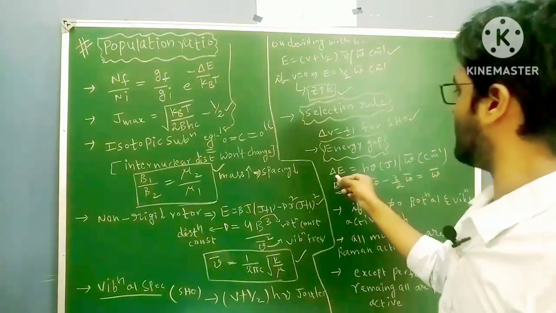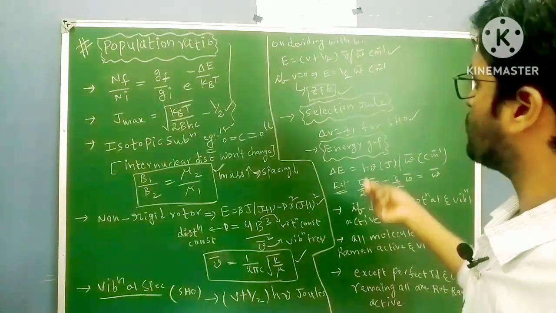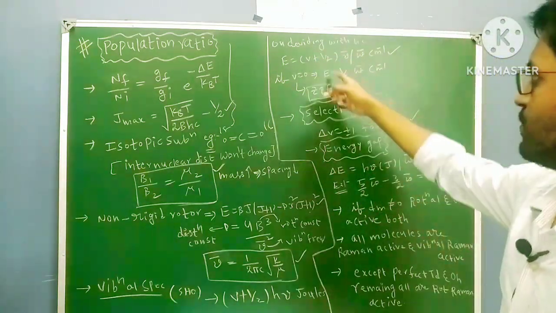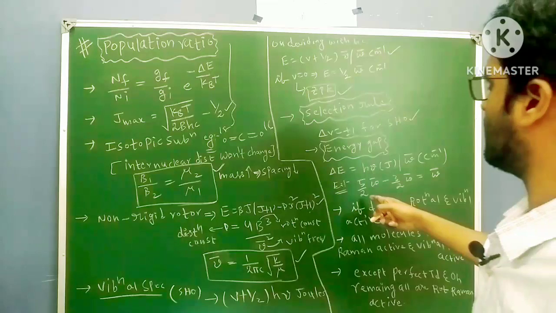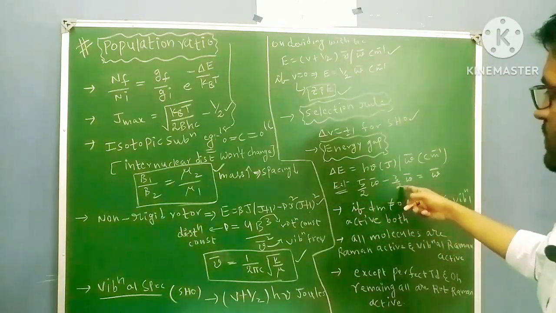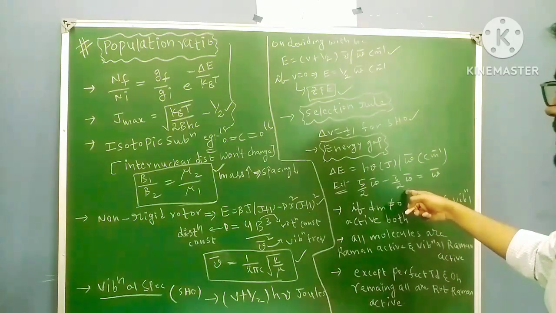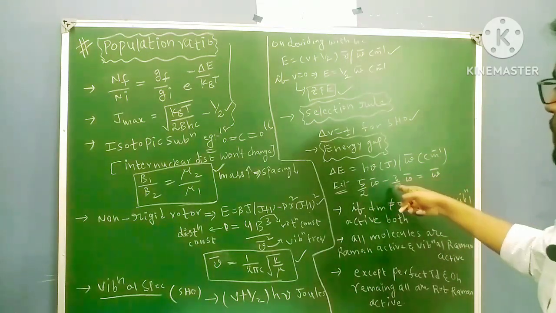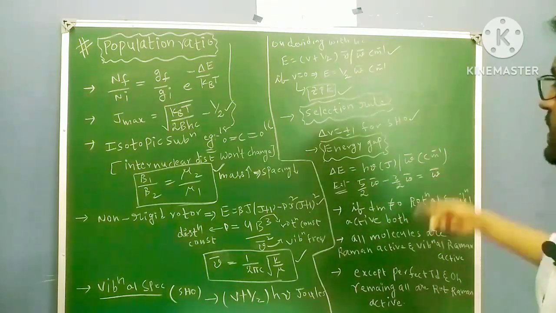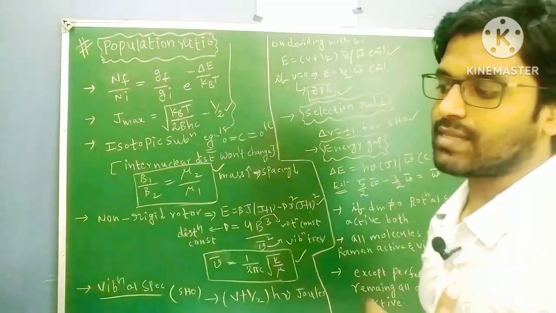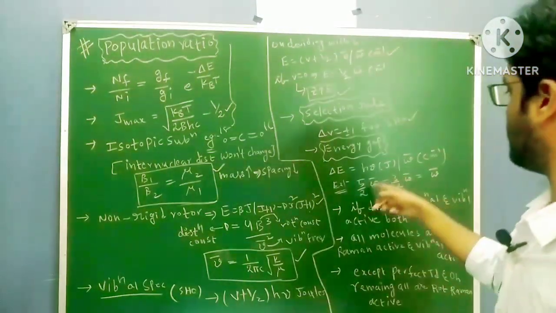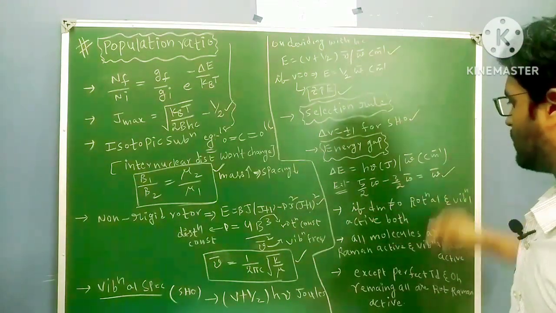Next, energy gap formula, delta E equal to h nu or omega bar. Why? If you see V equal to 0, half omega bar. If you put 1, 3 by 2 omega bar. If you put 2, 5 by 2 omega bar, right? So for suppose if you take two adjacent levels, 5 by 2 omega bar minus 3 by 2 omega bar, the difference is omega bar. Okay, if I take 3 by 2 omega bar minus half omega bar, then I will get omega bar again. So you take the difference of any two levels, you will get only omega bar. So the energy difference between the two levels is omega bar. You have to remember this.